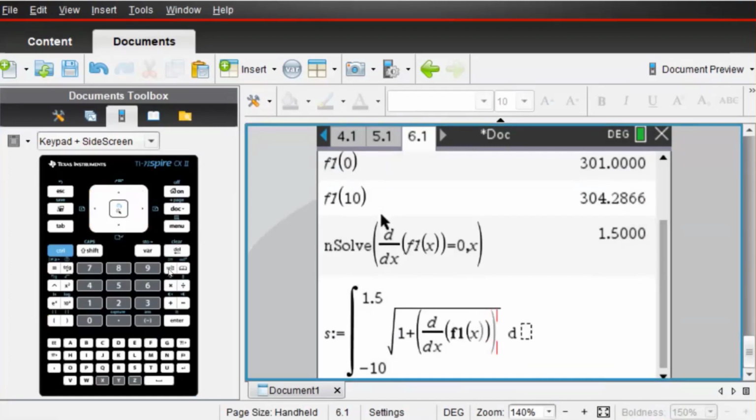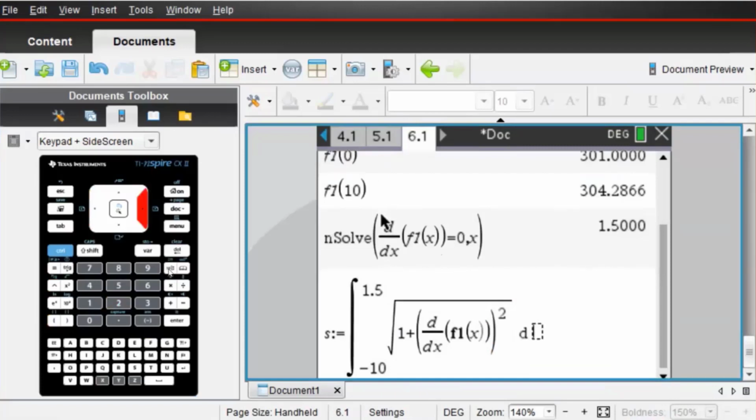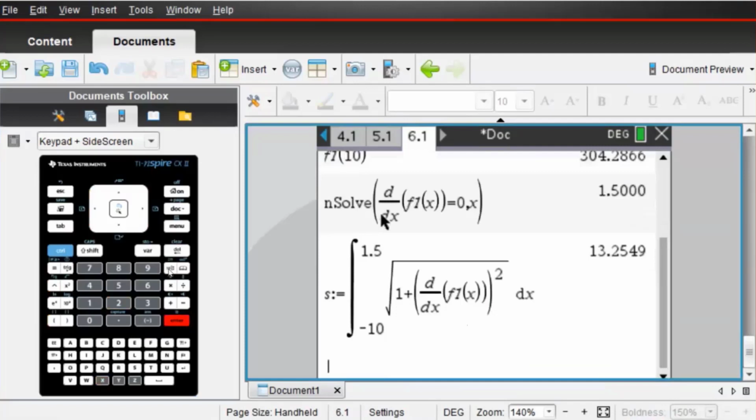That has to be squared, and we have to evaluate that in that definite interval. So that's the distance for which we're driving downhill,